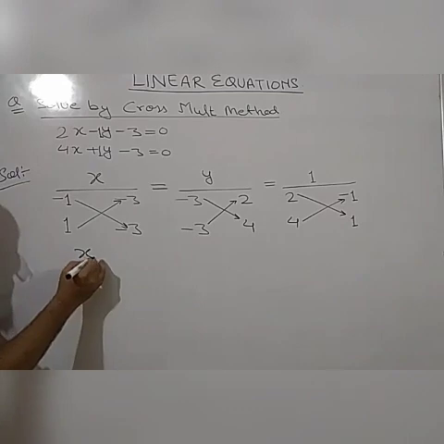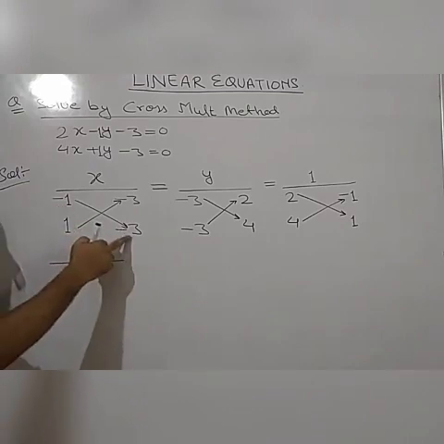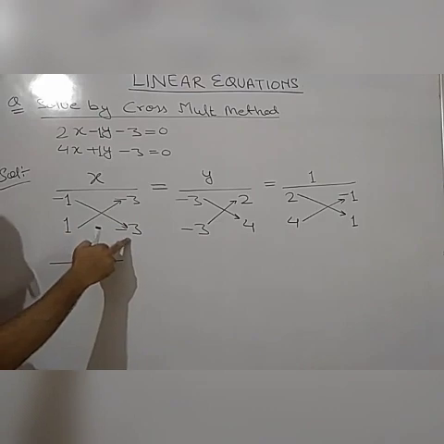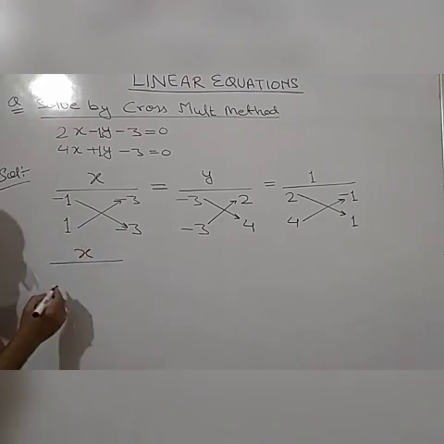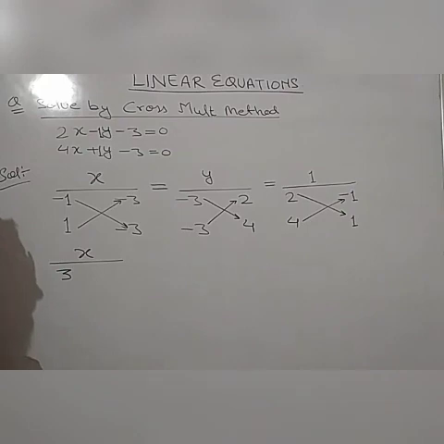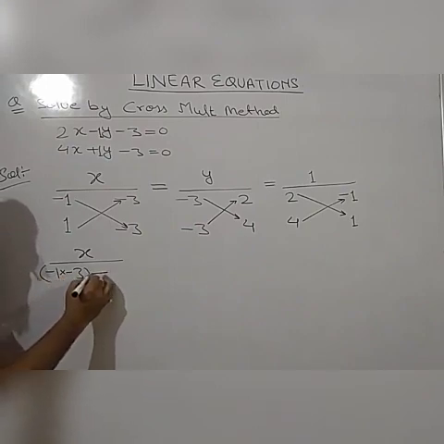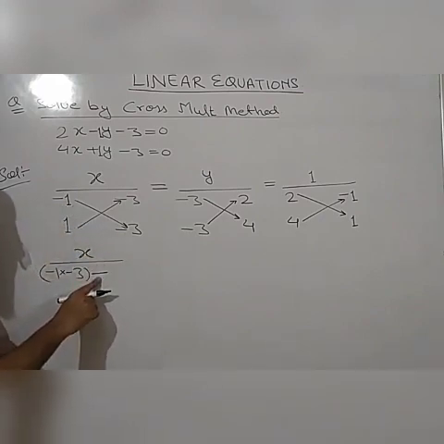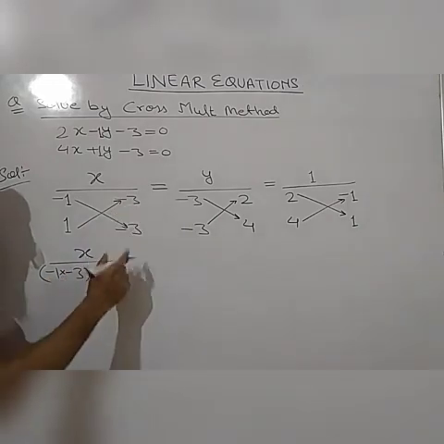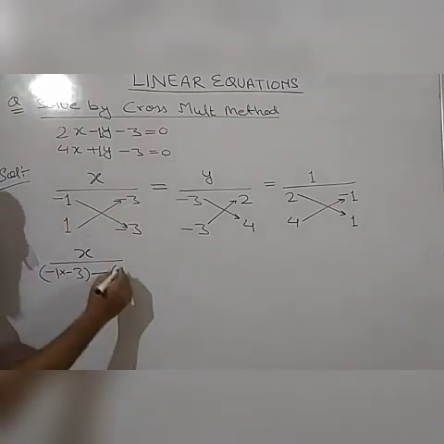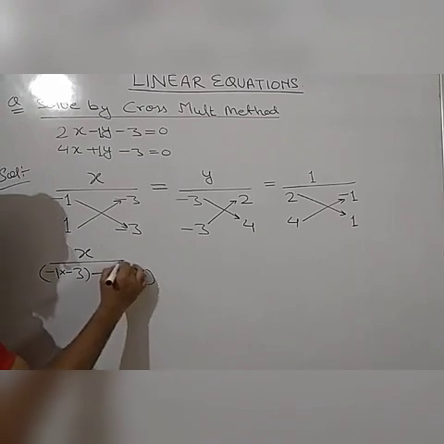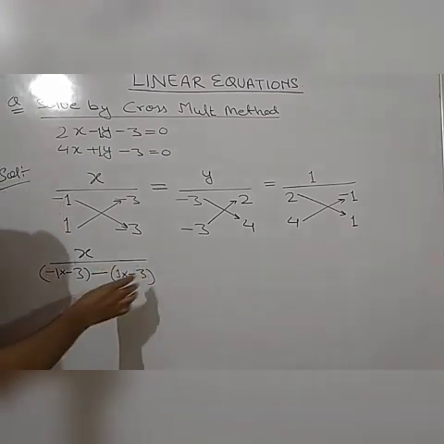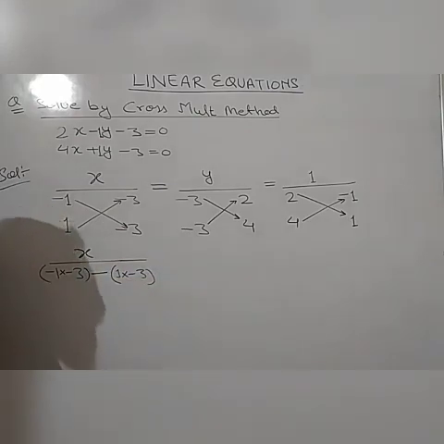Now solving it, we will get x upon minus 1 into minus 3. What is minus 1 into minus 3? 1 into 3 is 3, minus minus will be plus, so it will be plus 3. Or if you have any problem, you can put it this way: minus 1 into minus 3, then use a minus sign in between. In the first bracket these two terms are multiplied, then this minus sign, and again multiply these two terms. But I told you, you have to use brackets also. So it is 1 into minus 3. Always use brackets so that you don't make any mistake.